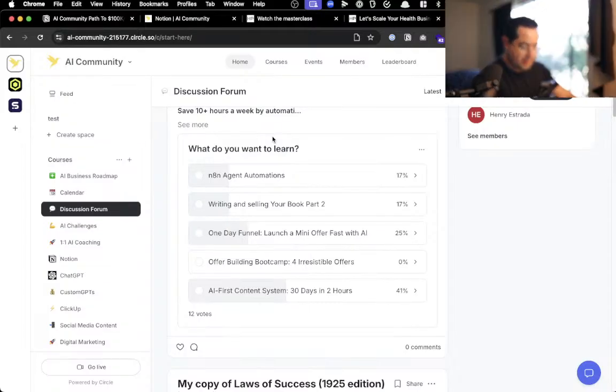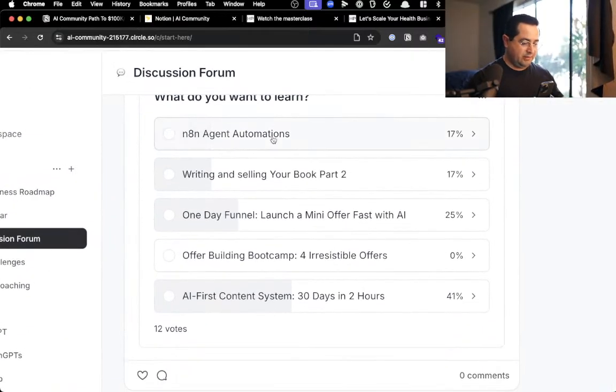Surprisingly, it's very interesting. You guys want that more than the 1-day funnel with mini offers, which is next. The book is great, and some people still want to go and learn automations as well. But here's the hack too: the system that I'm building right now, you don't have to create content. That's the other game too. It voted number 3 for the launch, mini funnels with offer, the 1-day funnel. That's kind of what I'm doing right now. It's like a 1-day funnel where it's basically the template for the webinar, the template for the landing page, and then the ads, so that you could run ads to a landing page, to a webinar, to then pitch and sell whatever you want. That's fundamentally it here.